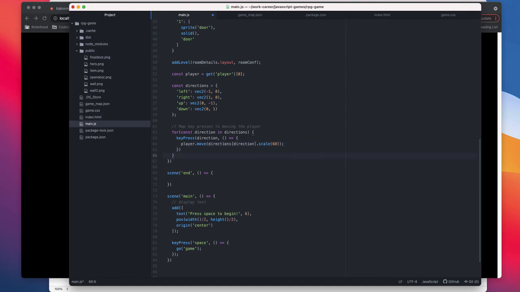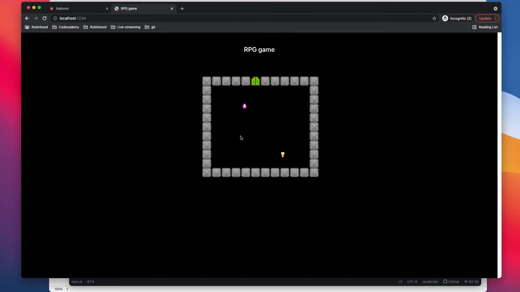Once this is done, actually it should be key down, because we are not pressing it, it's a key down command in our case. So let's just run it and see if our player is moving around. Okay, you can see our player is moving around, but you can see how it's not doing anything when I go over the key or over the wall.